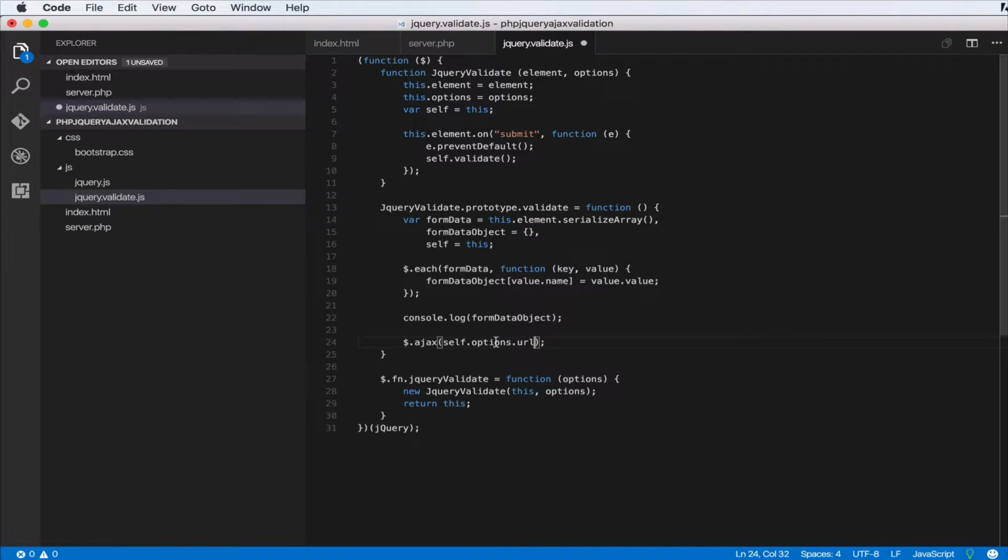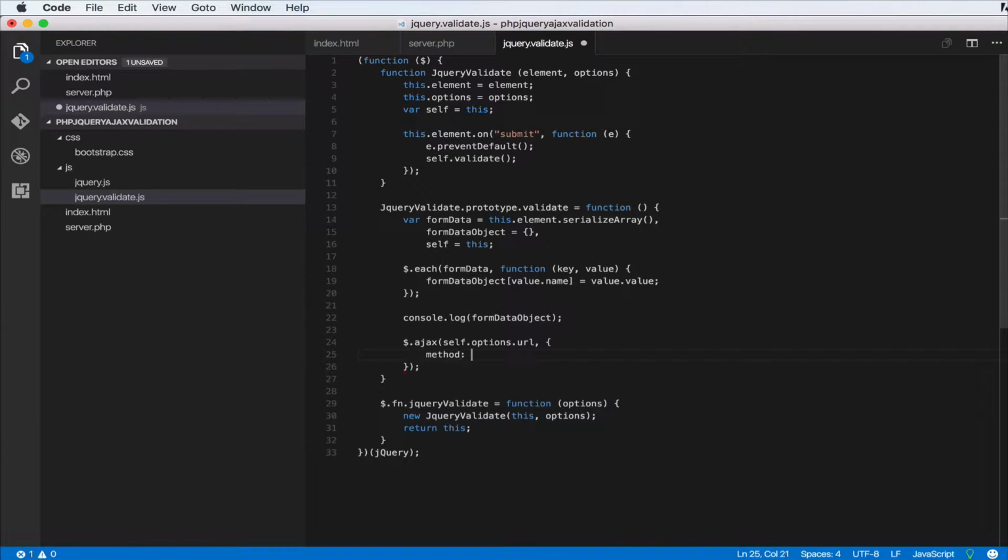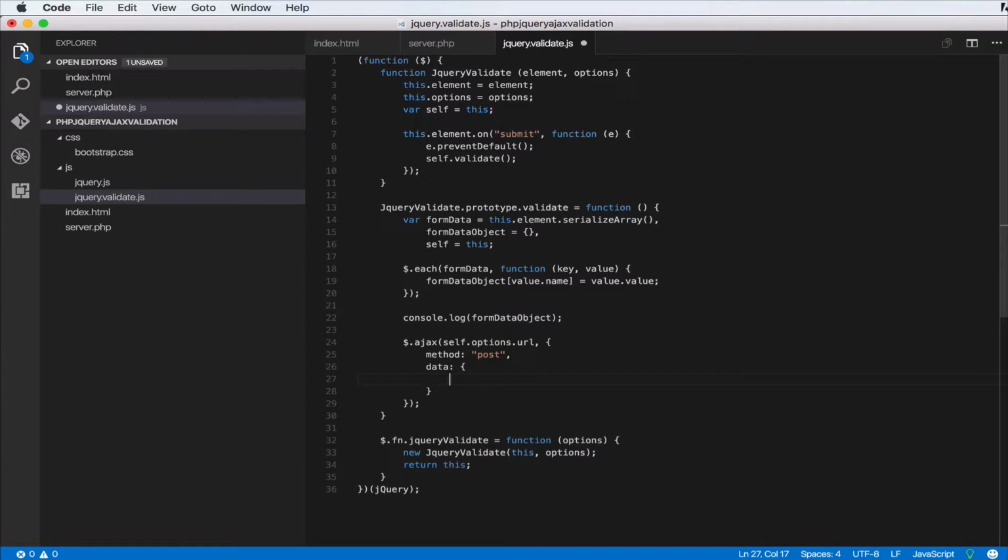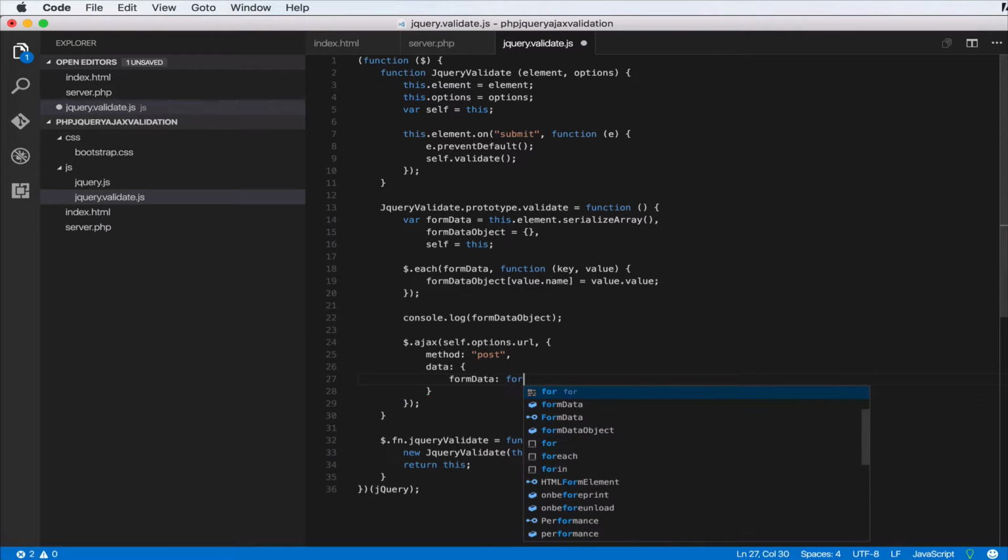Okay, so that's gonna have to be server.php, and next it takes in an object with some configurations. So let's do method is post. We want to post to the server, and the data is going to have to be an object. So let's say formData. This is just for preference, in case we want to pass in some things to the server during validation, which is other things that are not just the form data. That's why we're passing an object. Okay, so just something that I thought was a good convention. Okay, so formData, so let's pass in the value for that as the form data object,